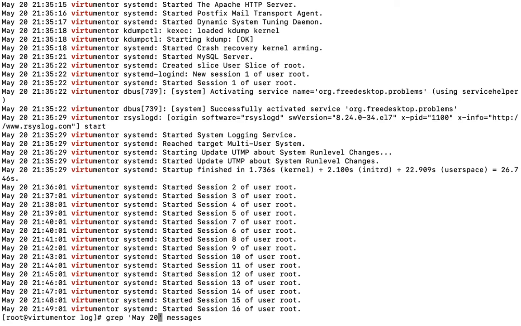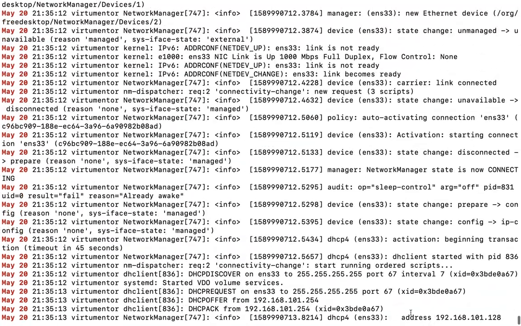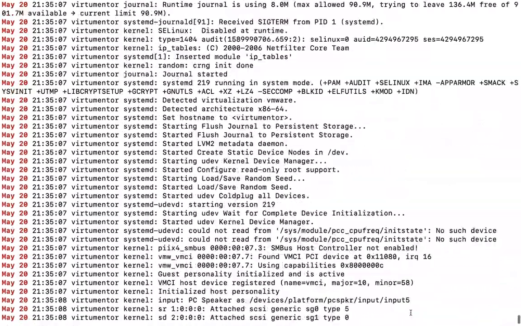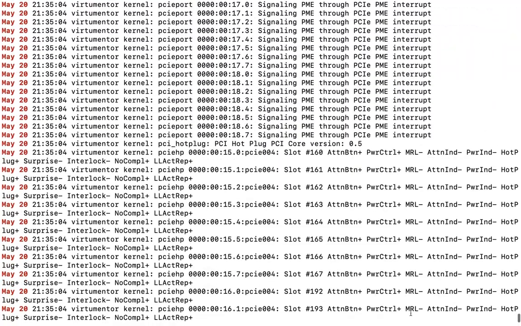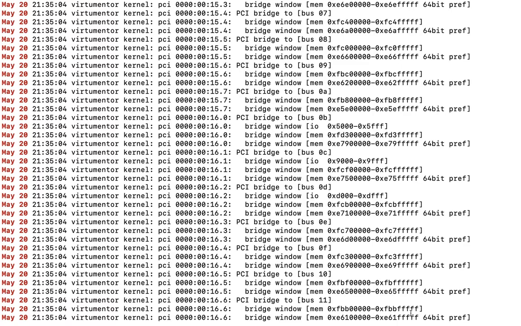This will print all the lines which have May 20 in them. It is actually a huge file, so I cannot trace the first match.